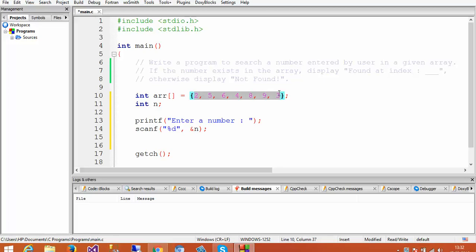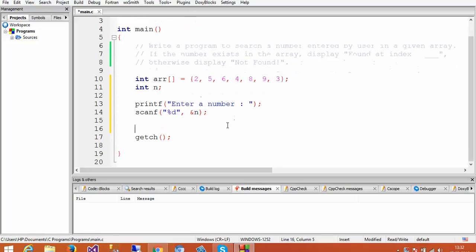and that we need to search in the given array. Now to search in the given array, we'll have to compare this number entered by user with each of these elements, starting from the element at the 0th index. One by one we would compare the number with the elements of the array, first with the 0th element, then with the element at index 1, then index 2, and so on.